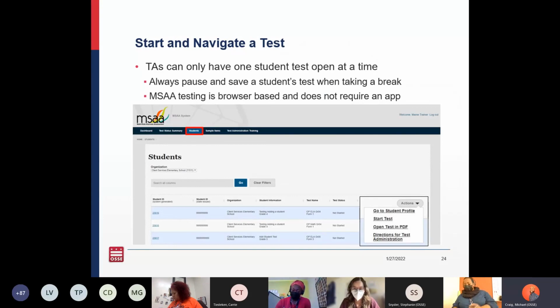So here is a screenshot of what the platform looks like once you actually get into it. You'll start seeing students' names, their USI, and the assessment that they're assigned to. TAs can only have one student test open at a time. Always pause and save a student's test when taking a break. And also just remember that MSAA is browser-based, and so there's no login required. You just need to log into the computer and enter the MSAAassessment.org site, and this will take you to that